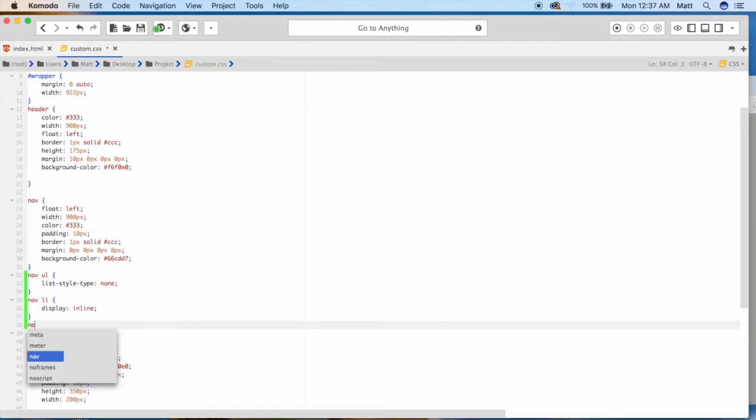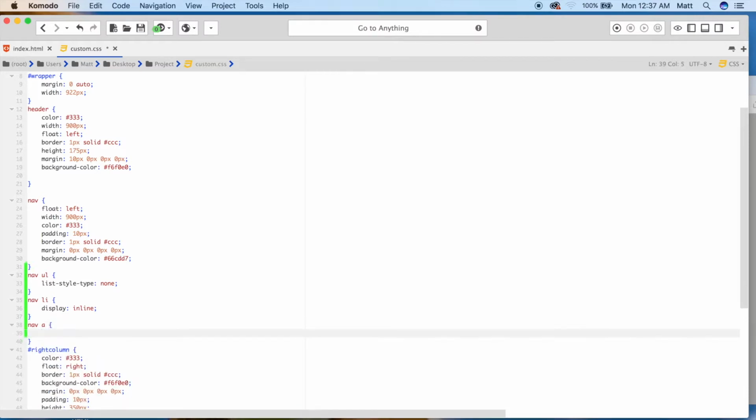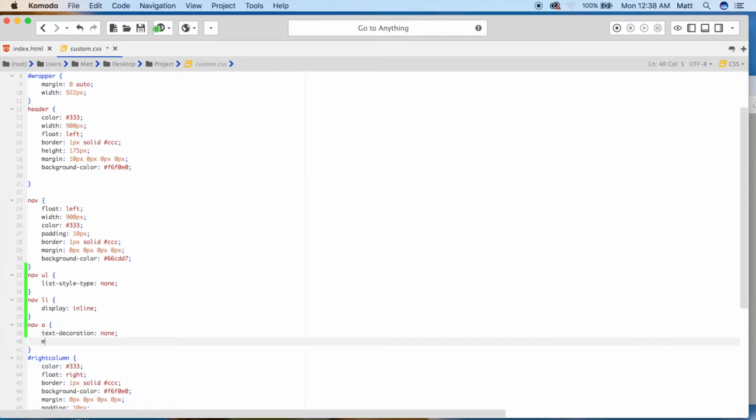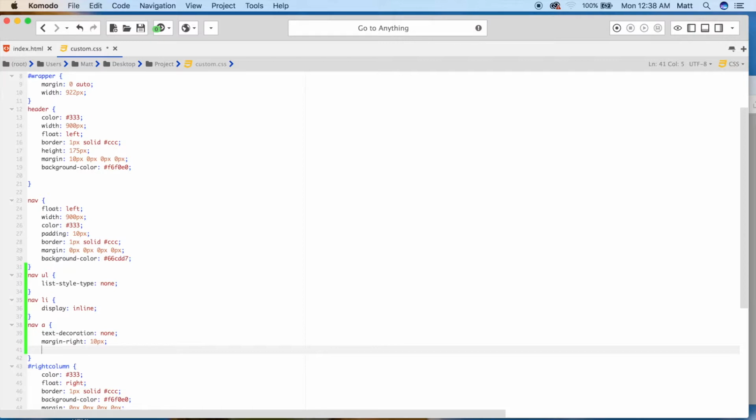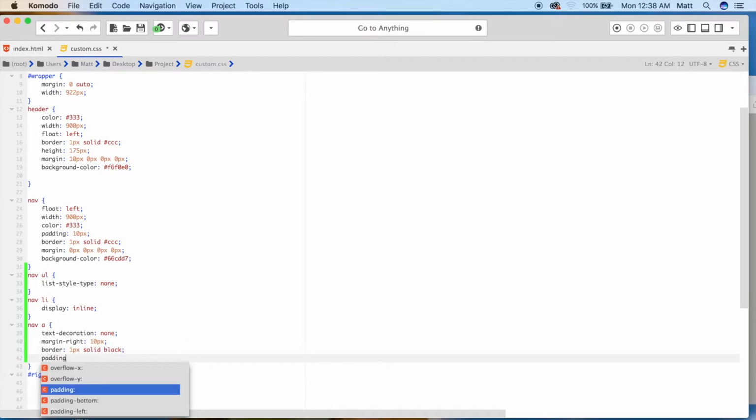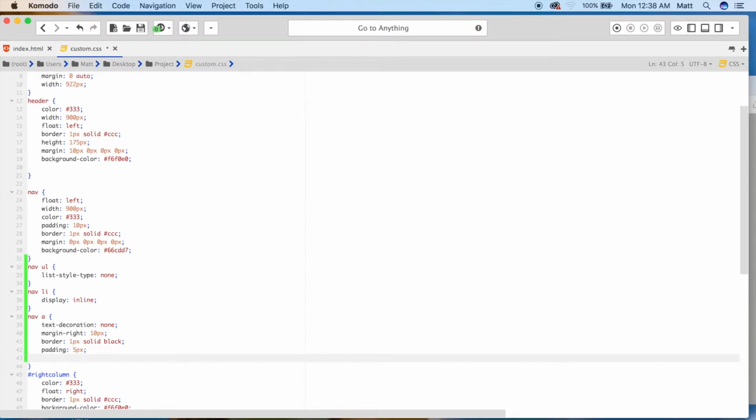So now we're going to customize all links that are in the navigation. So text-decoration none. We don't want it underlined. Margin-right 10 pixels. We want space in between each one, and they're listed from left to right. So after each one, we need a space of 10 pixels. Border, 1 pixel, solid, black. And padding, 5 pixels. Color,